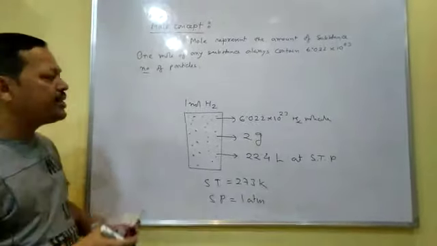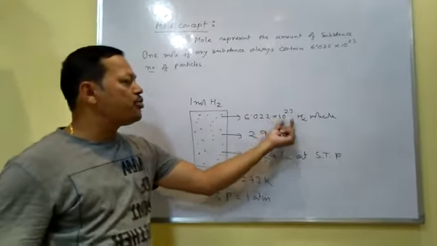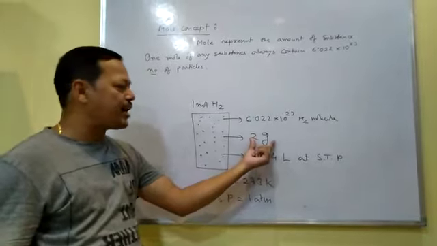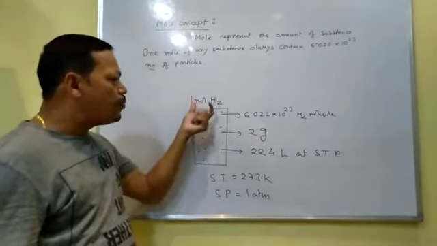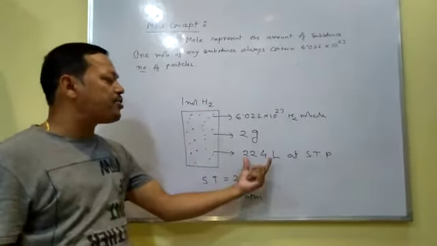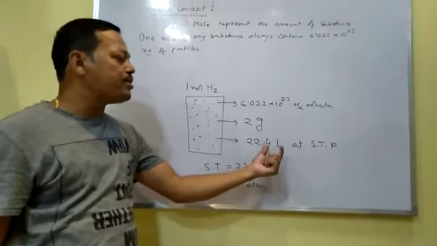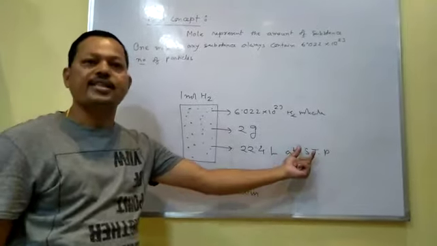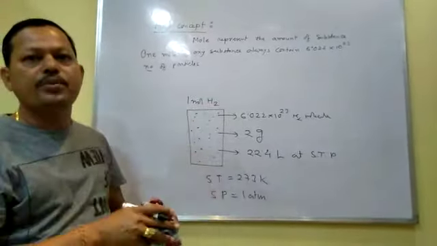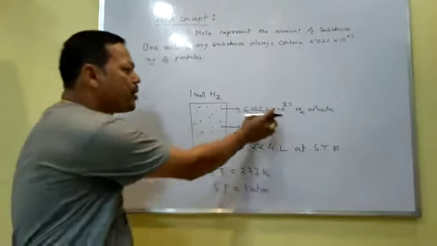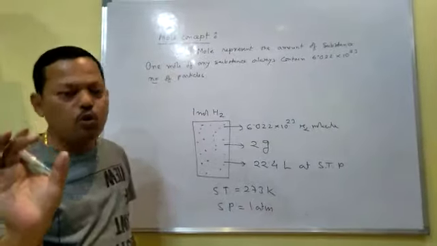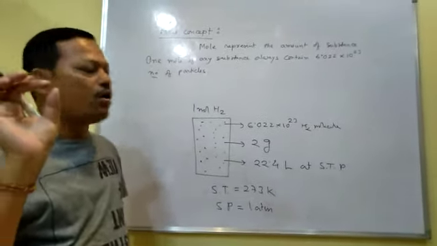So 1 mole of any substance always contains 6.022 into 10 to the power 23 molecules. 1 mole of any substance always contains its atomic mass or molecular mass, and 1 mole of any gas, this is applicable only for gas, 1 mole of any gas always contains 22.4 liters by volume at STP, I mean at standard temperature and pressure. So this is about the mole concept. You can explain mole in terms of number of particles, in terms of mass, in terms of volume also. But you should know the volume concept is applicable only for